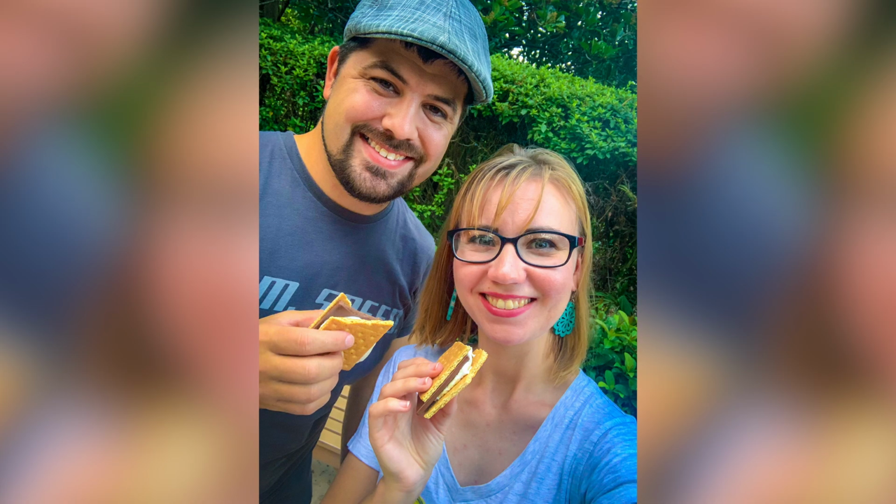enjoyed our s'mores, and then headed back over to French Quarter. It is dinner time, and we have not had dinner, but that's okay because, well, we're adults. We can eat dessert first. That's totally fine. So we went over to the French Quarter food court, and we weren't quite ready to eat